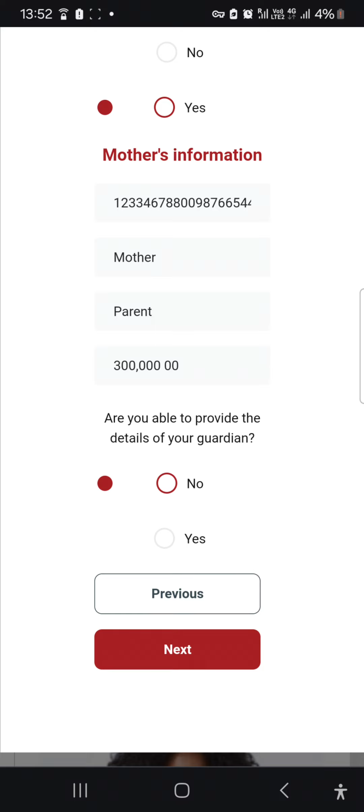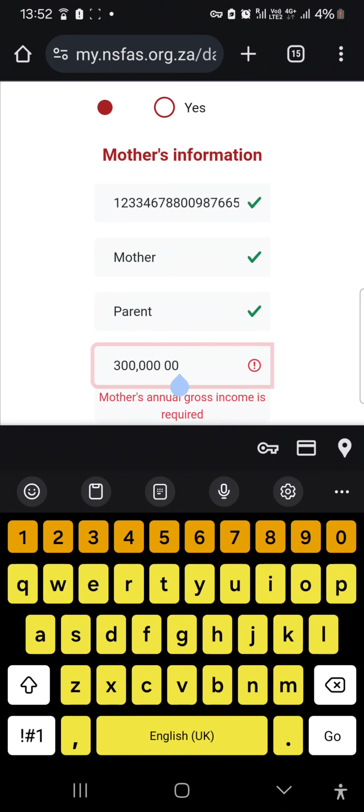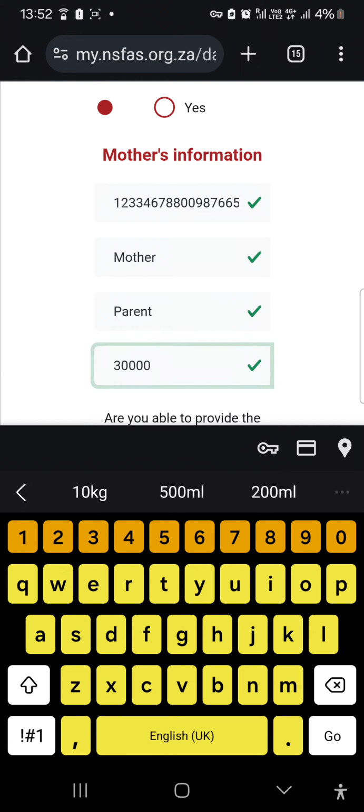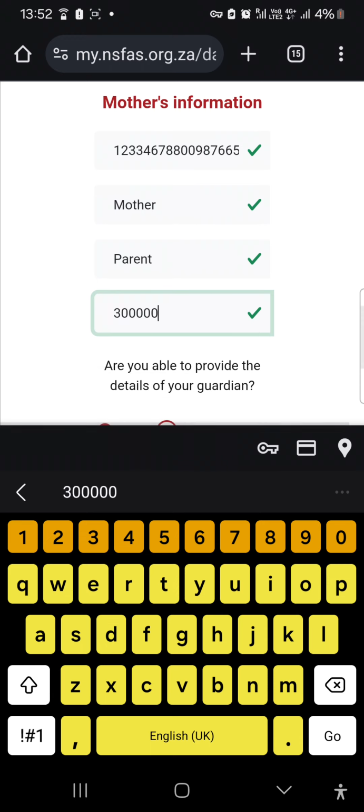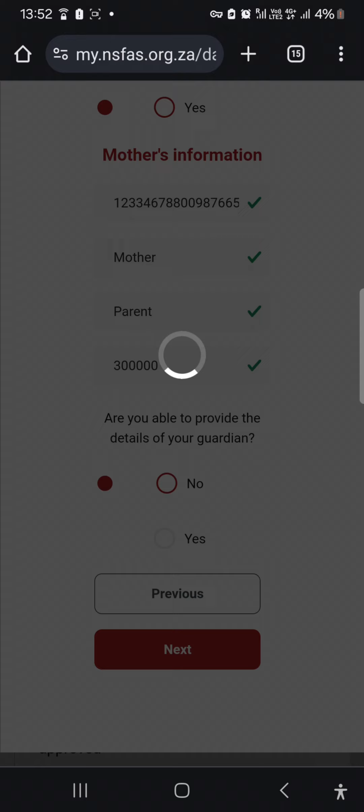You see, then you press next here. Mother's annual gross income required. So here, obviously it's going to do this, which means now we have to do this. See, there we go. 300,000. You just type 1, 2, 3, 4, 5 zeros. So until it shows this mark, you then press next. You see,